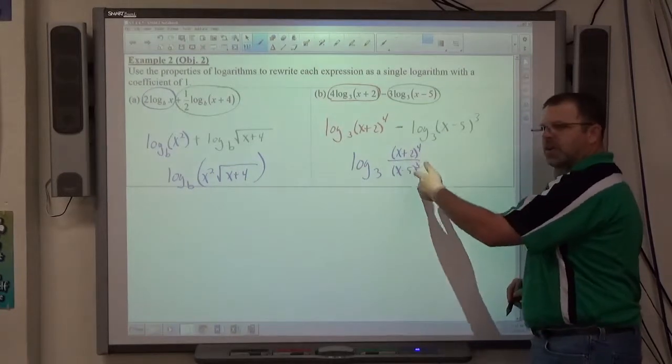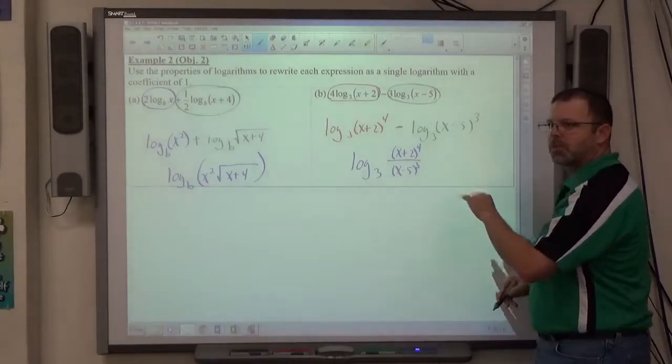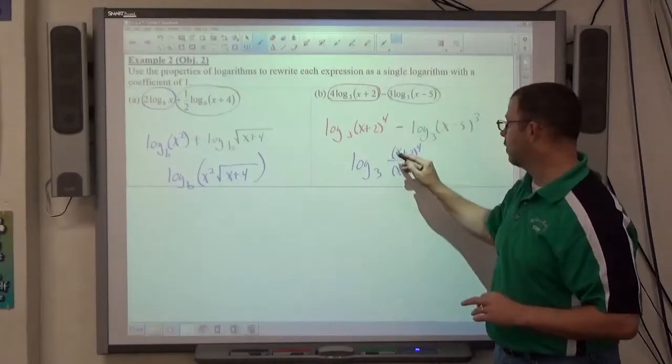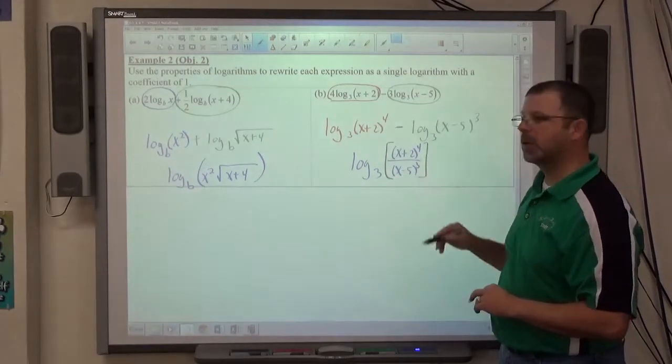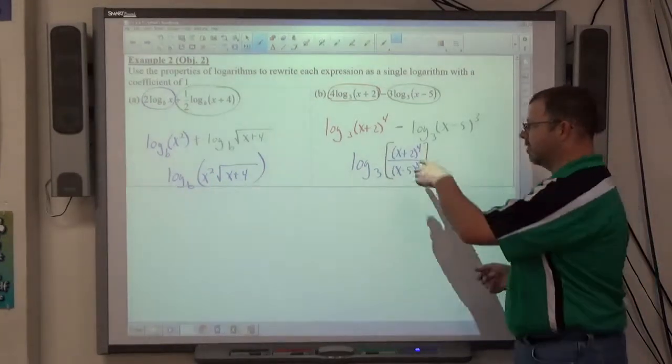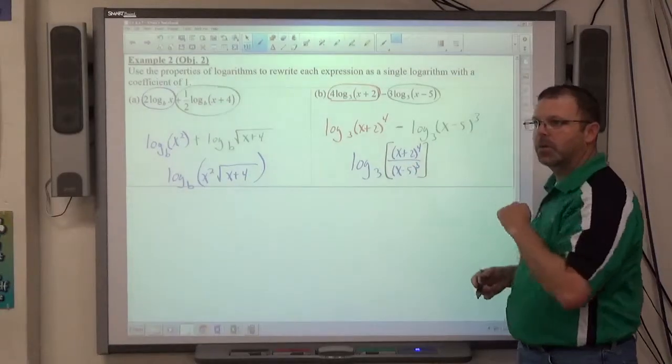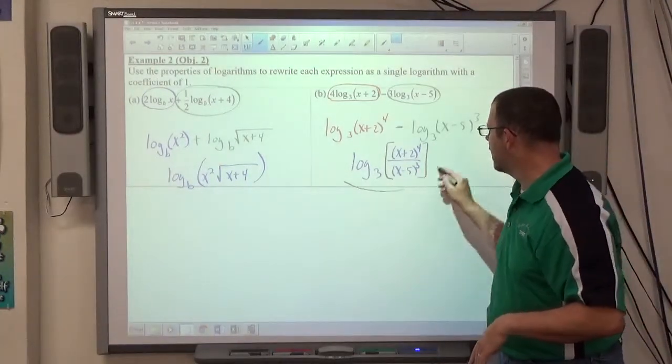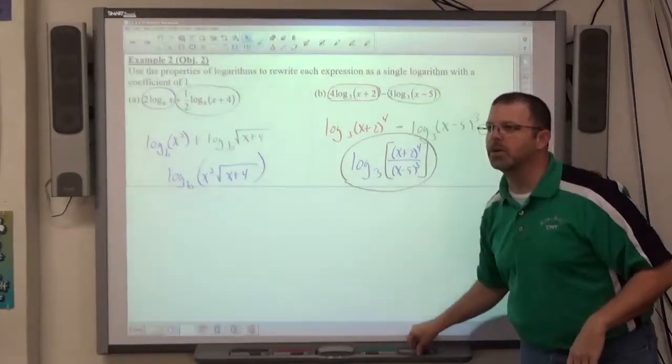The parentheses in there is sufficient. If you wanted to go a little overkill on this one, we could put a bracket maybe around that whole expression. Again, it's very obvious that that whole thing is what we're logging, so it would be unnecessary to put that black bracket there, but it's not wrong to put it there either. Okay,